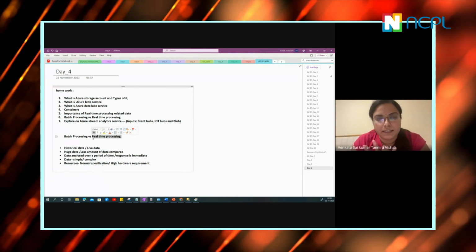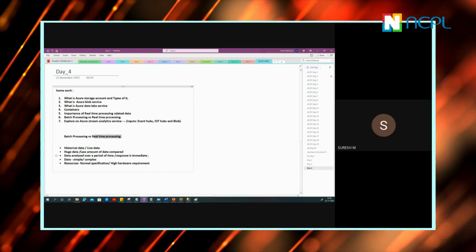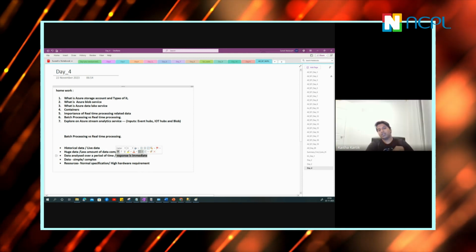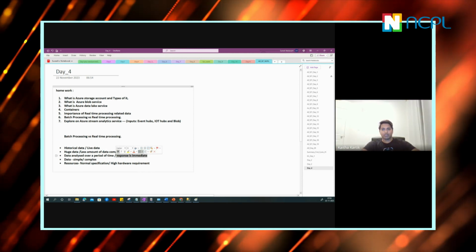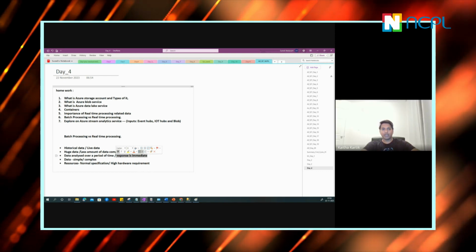Real-time processing is faster when compared to batch processing. So can I just say the response is immediate? Okay. Task completion is critical in real time, whereas for batch it is not as critical.